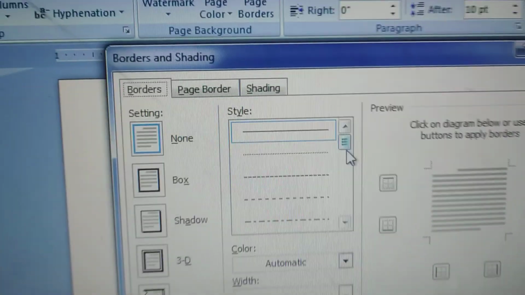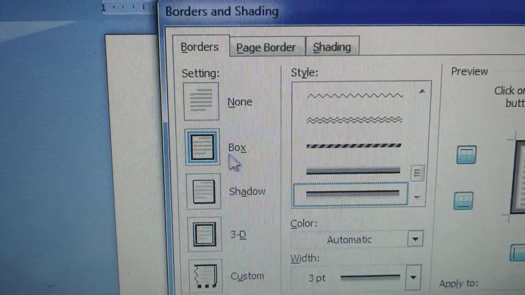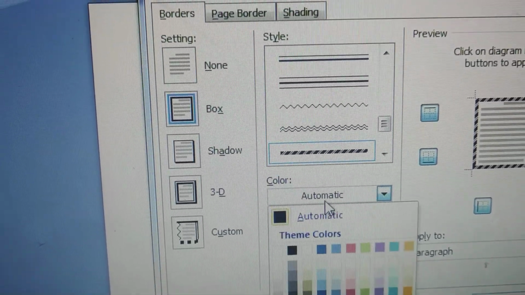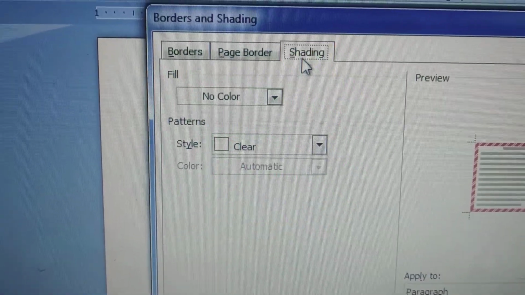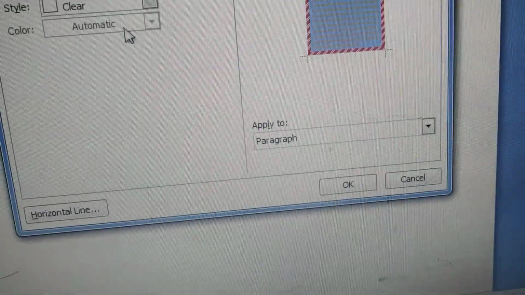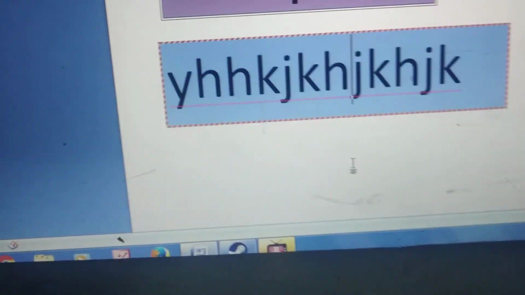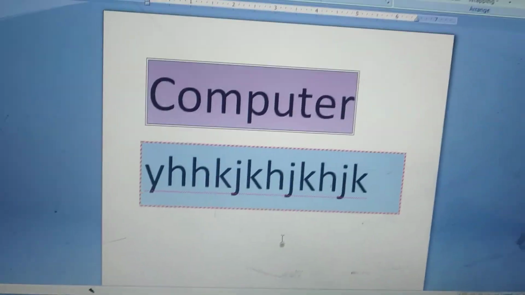Okay, then select the border type whichever you want, and color. I will take this one, and here click on shading, and whichever shading color you want to give you can give, and click on OK. Okay, like this way we can give border and shading to our text.